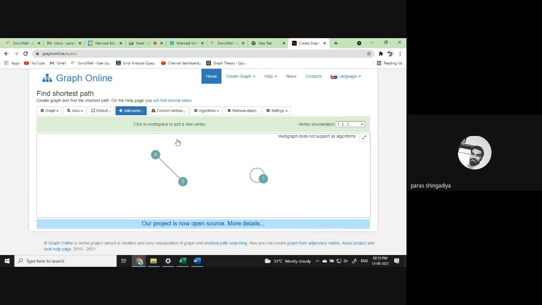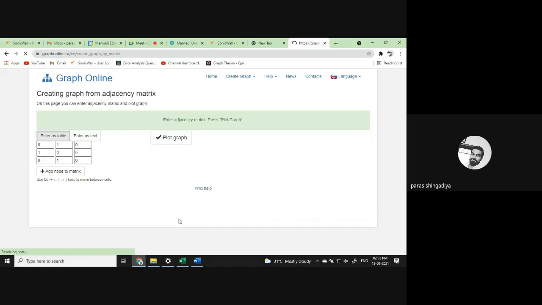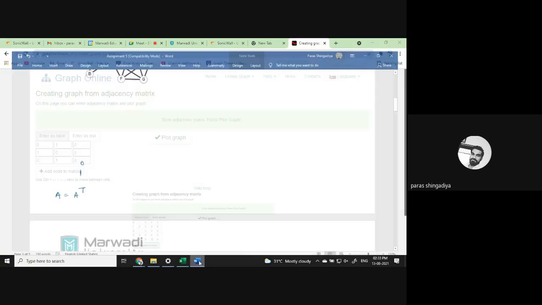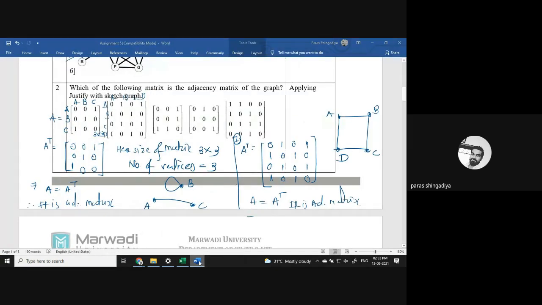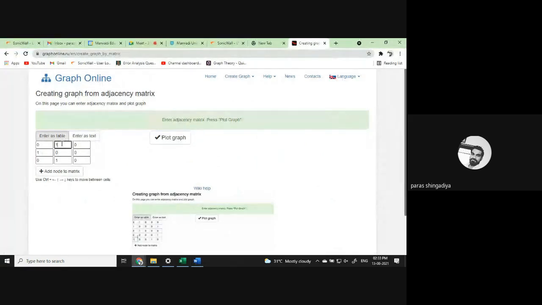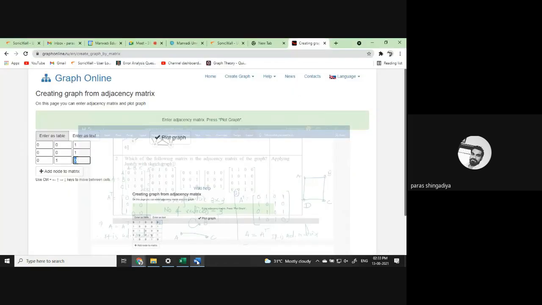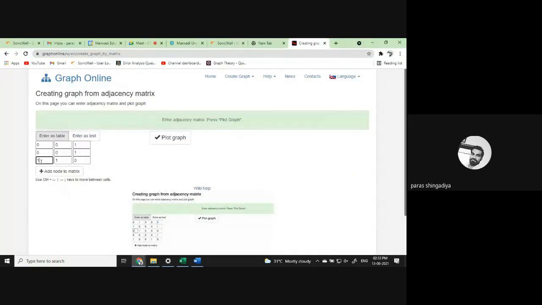Clear? And let's check the answer for the third matrix. It is also an adjacency matrix here. So which type of graph will you get in the third matrix? The data is 0 0 1, then 0 0 1, and then 0 1 1, that is, I think, 1 1 0. Okay, so these are the rows given in the third one.